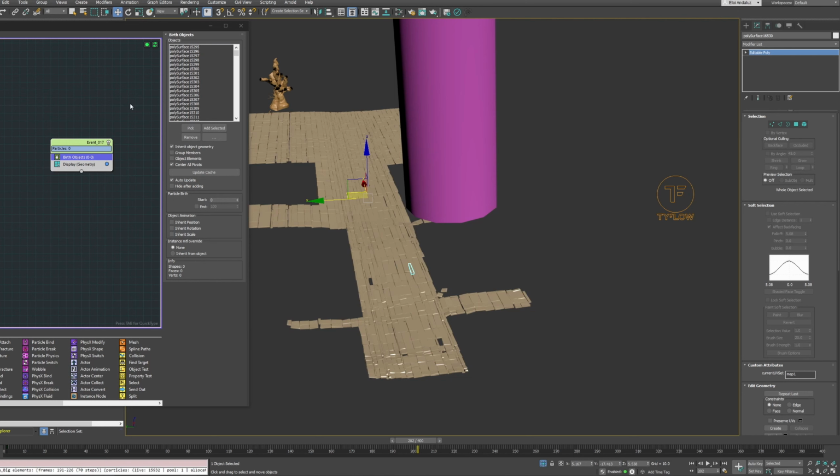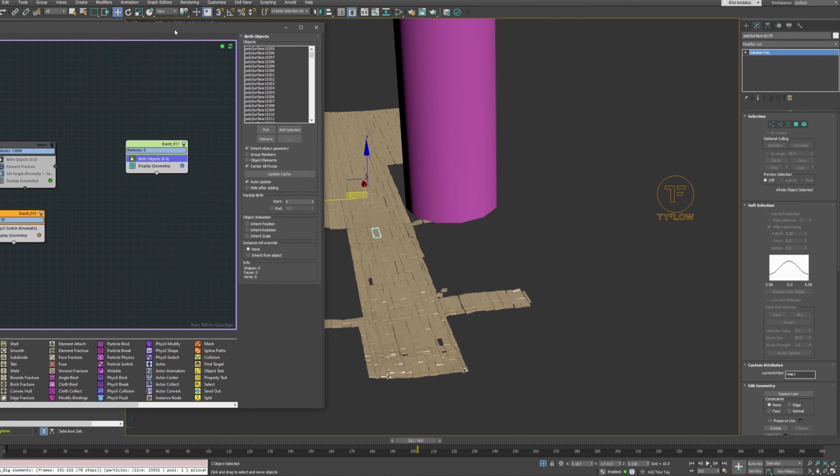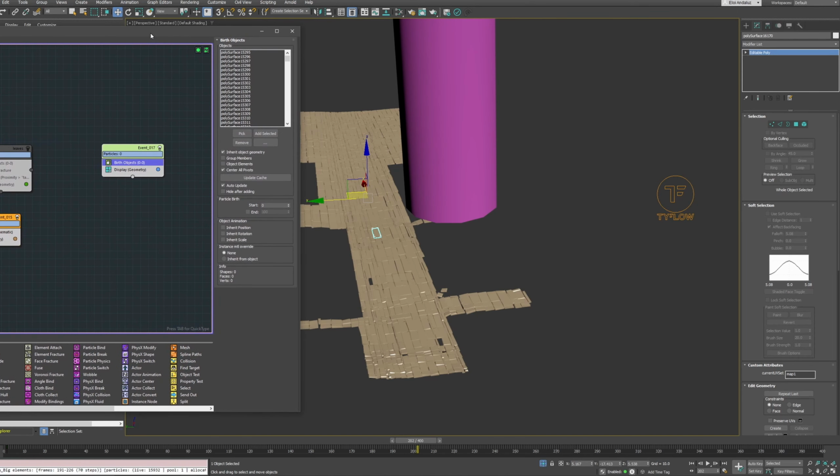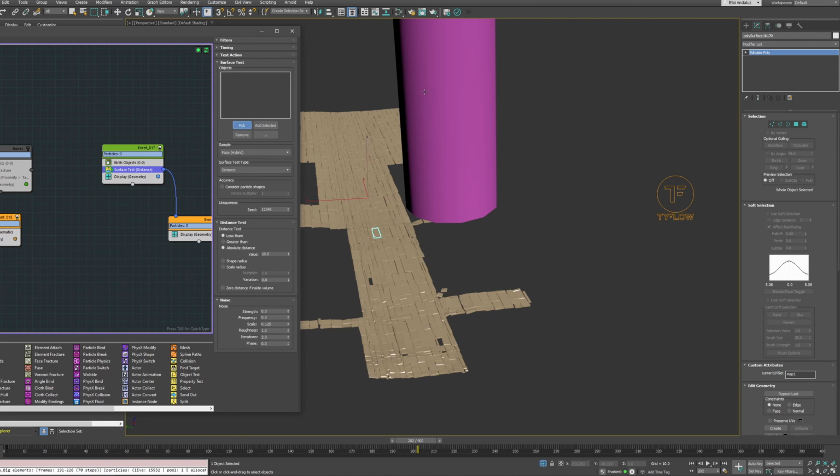I want some of them over time to get released from the floor, and when it's close by they fly away, but not all of them, only some. It will be pretty basic, like 5 or 6 of them flying away. So first we will need drag and drop. I would like to have a surface select. This surface select will be based on that,